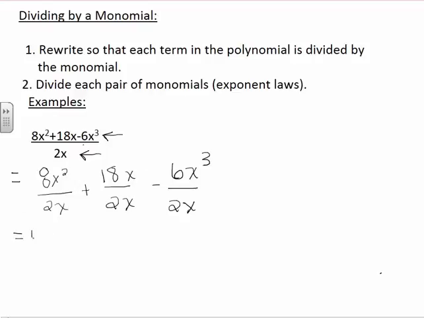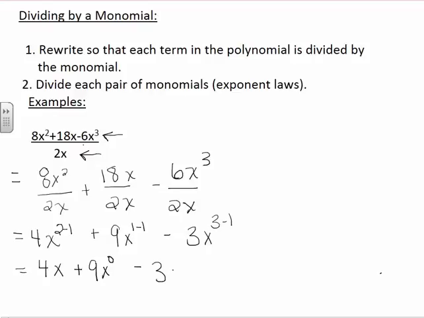So 8 divided by 2 is 4, and x squared divided by x, we subtract the value of their exponents. 18 divided by 2 is 9, x^(1 minus 1). 6 divided by 2 is 3, x^(3 minus 1). And we finish with 4x plus 9, x to the 0,